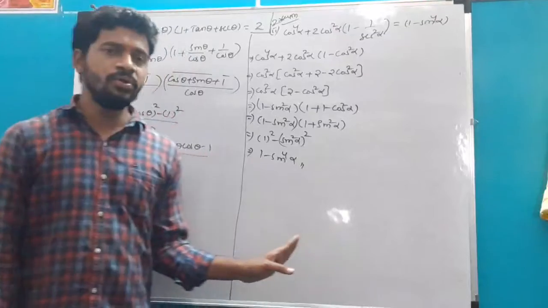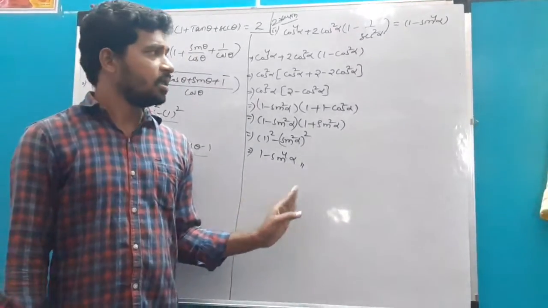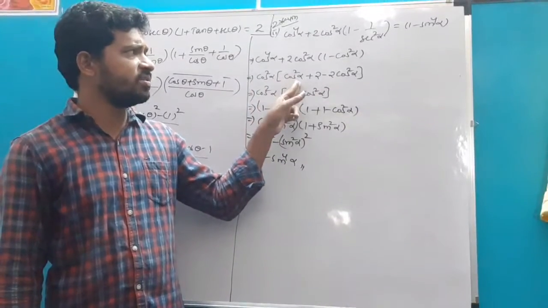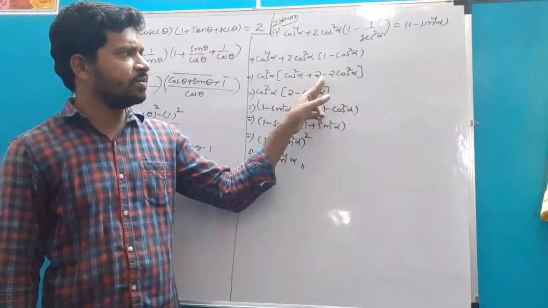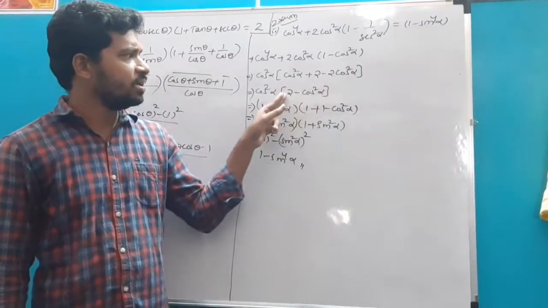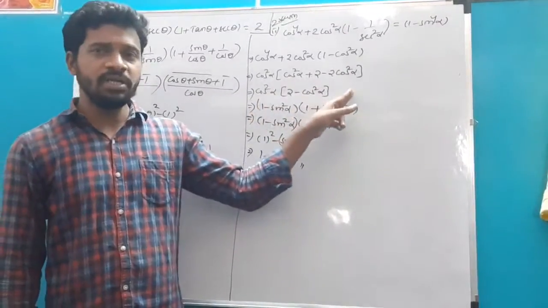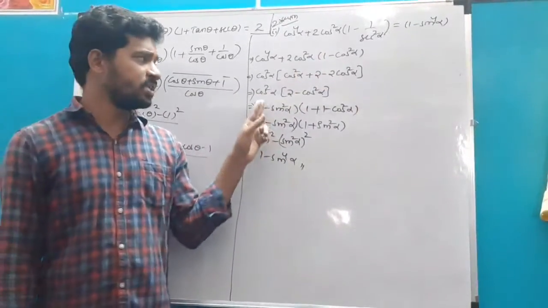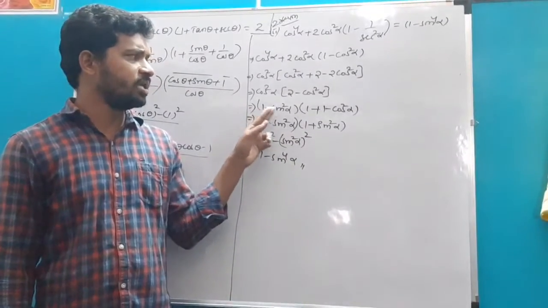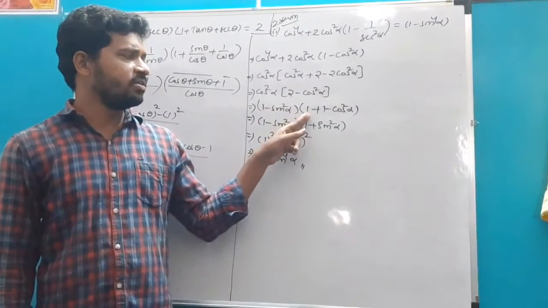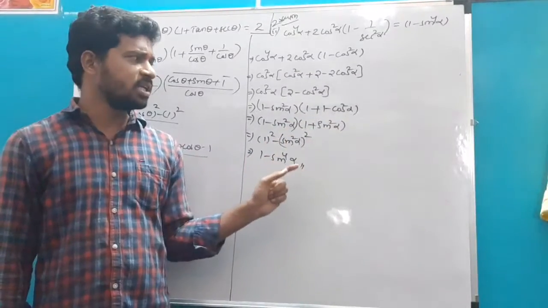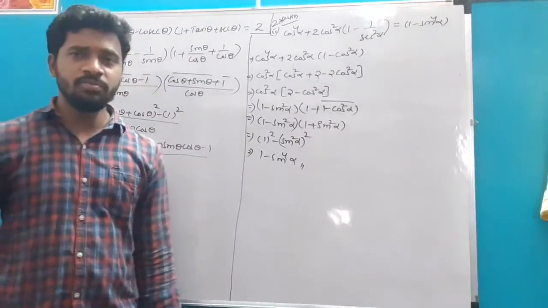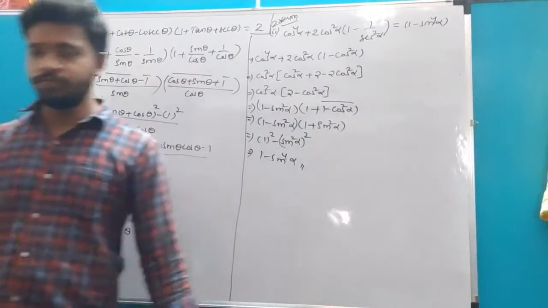As always, you can do it in any way, you can apply the simplifications here. We are taking cos square alpha common, then it will become cos square alpha plus 2 of 1 minus cos square alpha, multiplying here 2 minus 2 cos square alpha. Next step, 2 plus cos square alpha minus 2 cos square alpha will become minus cos square alpha. Here the answer should be in terms of sin, so we are converting to 1 minus sin square alpha. Again splitting 2 as 1 plus 1 minus cos square alpha, where 1 minus cos square alpha is nothing but sin square alpha. So this is the procedure, an important sum for 4 marks.